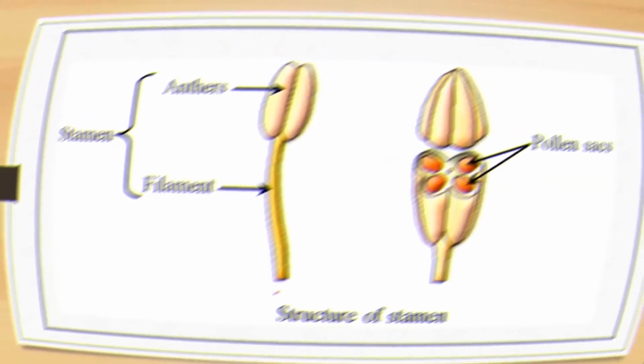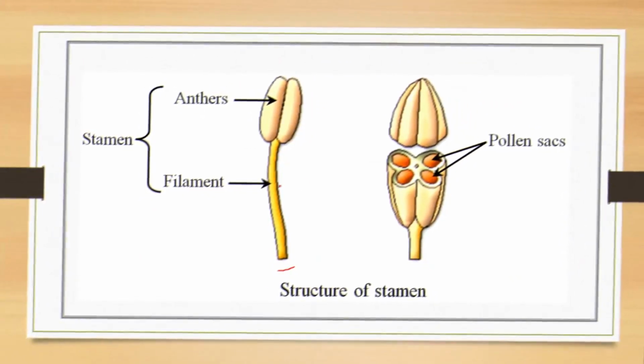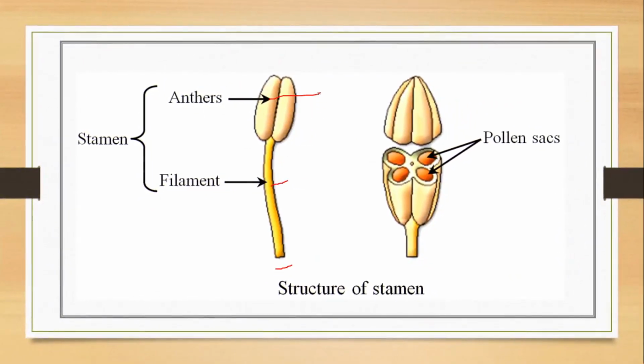This is the structure of the stamen, the detailed structure, having the filament and the bilobed anther, connected by the connective. When you cut a transverse section of this anther, you can see here that in each lobe 2 microsporangia are there. That's why it is 4 chambered, or 4 sacs are there. Pollen sacs are 4 in number. These pollen sacs give rise to the pollen grains after the process of microsporogenesis, that is the male gametophyte.